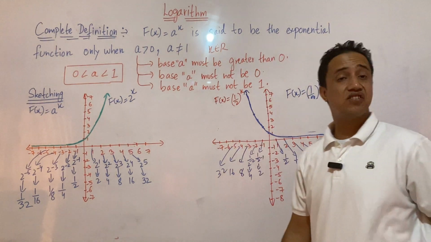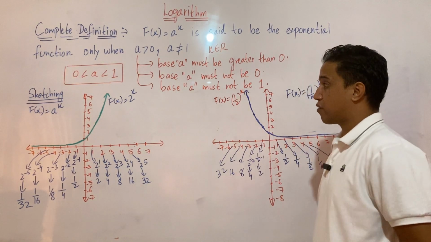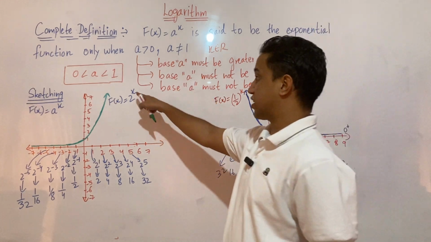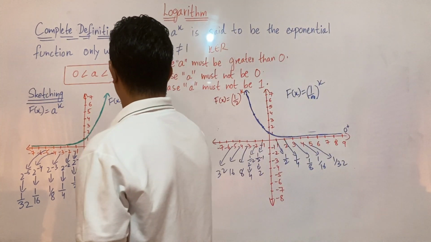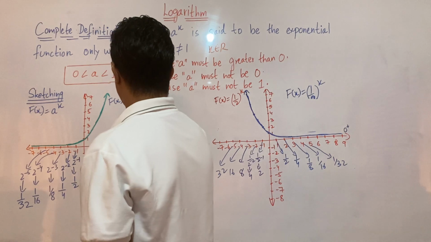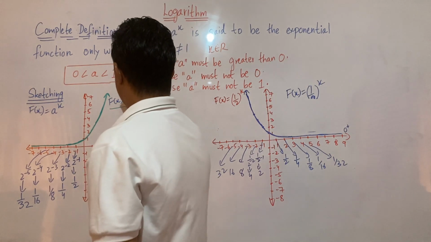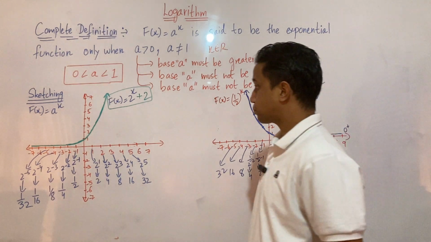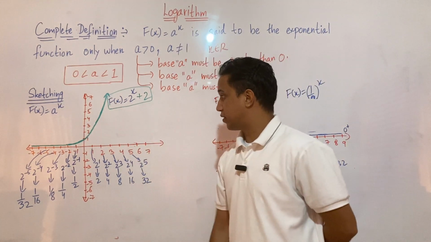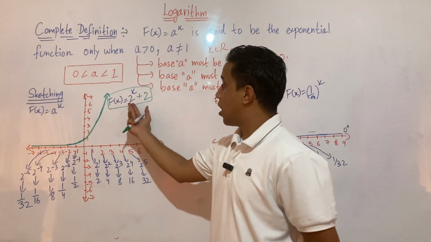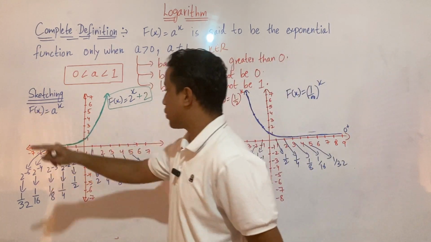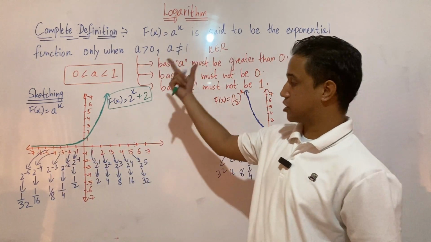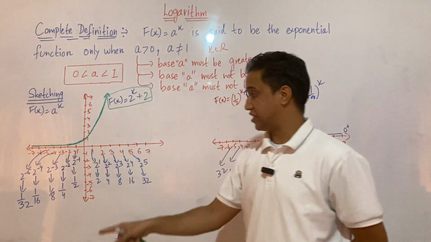Maybe they ask you to sketch the graph for 2 raised to the exponent x plus 2. So you have to sketch the graph for this. Now see here, for 2 raised to the exponent x, your y-intercept was made at